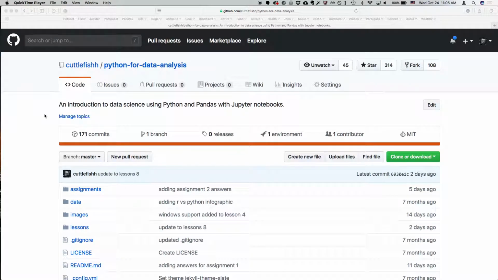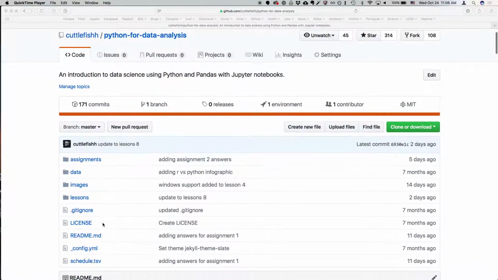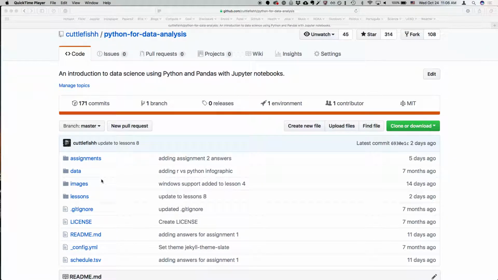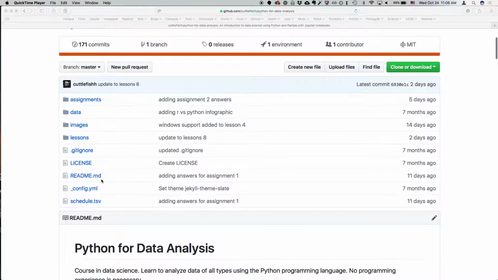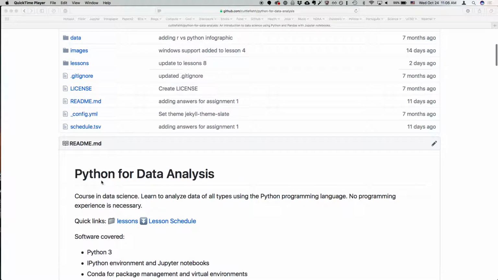All right, so this is lesson 8 of Python for data analysis. I just want to start by reviewing where we are and where we're going. So if we scroll down to the lesson schedule here,